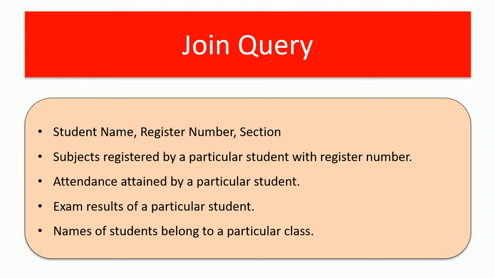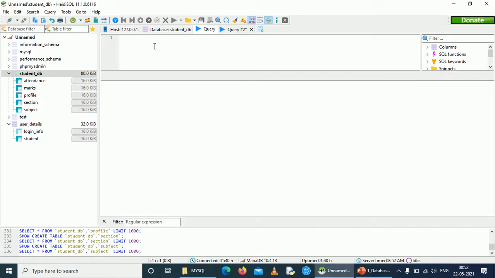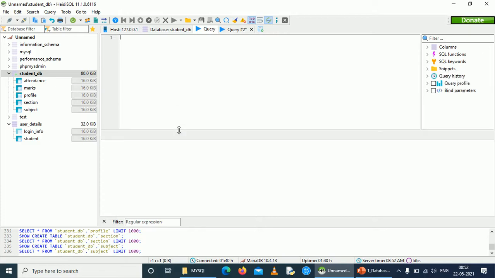So I will show you how to join two tables and display the output. Now we are going to join student name, register number and section. To understand join queries deeply, we have a few videos that cover full outer join, right join, left join, and inner join. All these join queries have been explained in separate videos in our playlist, so you can go back and look at those videos too. Now I will write the join query as per these five tables.